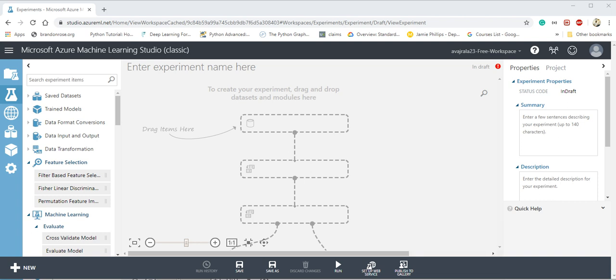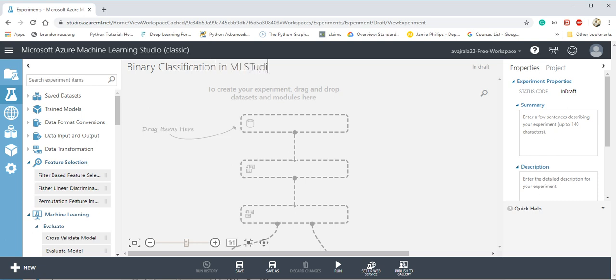Hi everyone, today I would like to discuss performing a binary classification and cross-validation in Azure ML Studio and Azure ML Designer. The interface which you are seeing is Azure ML Studio. Azure ML Studio is a V1 version, whereas Designer is a V2 version. Designer is an updated version, but you have to pay to use Designer, but you can use the Studio for free. So I'm just entering the experiment name, binary classification